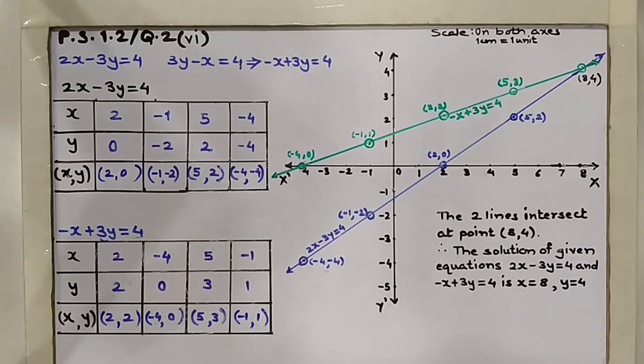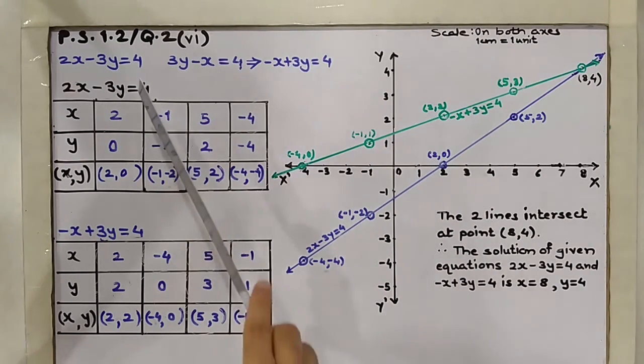To solve equations using graphical method, we have to draw graph of these two equations on the same graph paper. Now as these are linear equations in two variables, therefore graph of these equations will represent a straight line. To draw graph of these equations, first we have to find 4 points such that they satisfy the equations and then plot them on the graph paper. We will see how this can be solved.